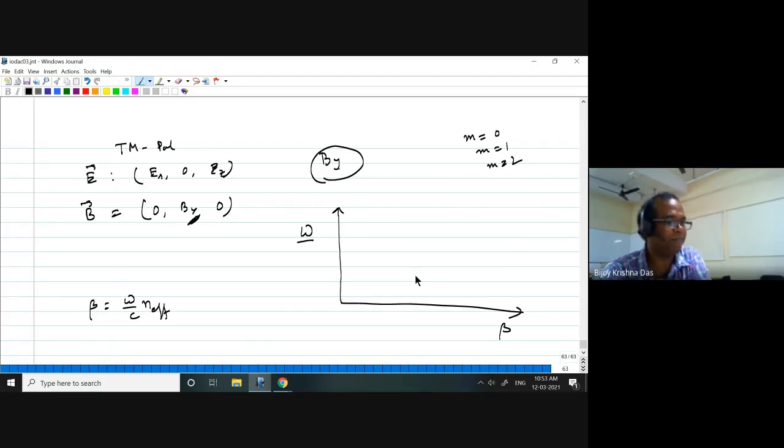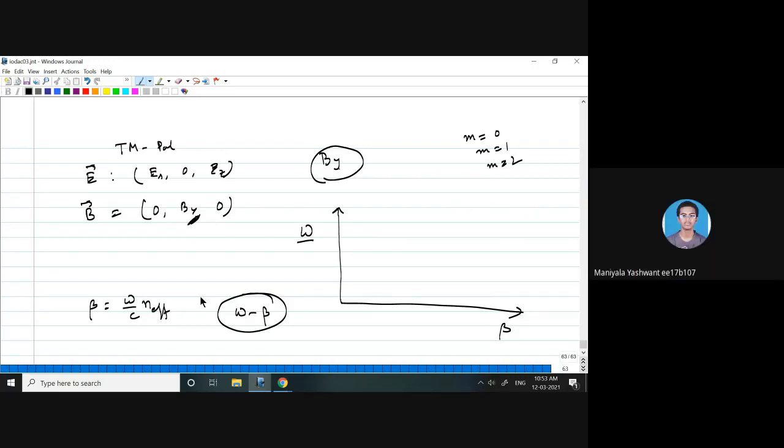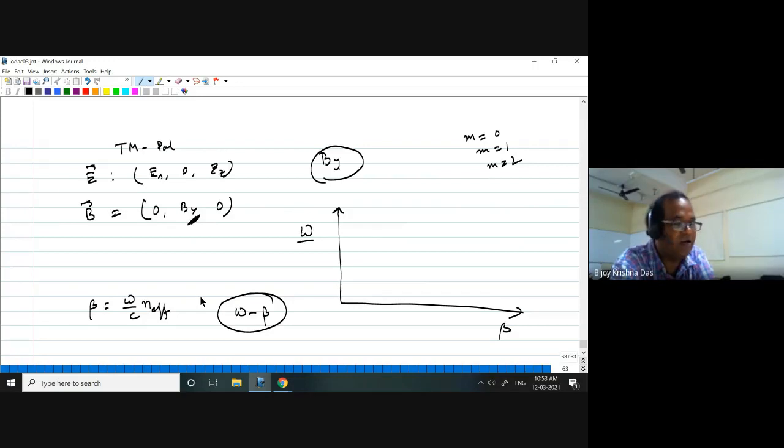Is that correct? This is a very important curve. Omega beta curve for a guided mode. You know why? Why is this omega beta very important? From it we will be able to find out the group velocity and phase velocity of the guided mode. Not only group velocity, I will be able to find out the dispersion of the guided mode. Meaning, ultimately what I'm getting is omega dependent n effective. That means refractive index as a function of frequency or wavelength, right? So that is the dispersion characteristics of the mode. In fiber or optical communication also, this dispersion characteristic is very, very important.